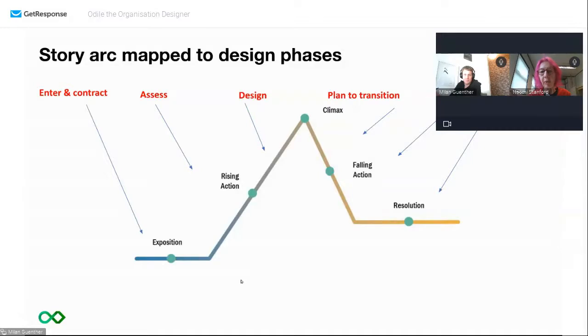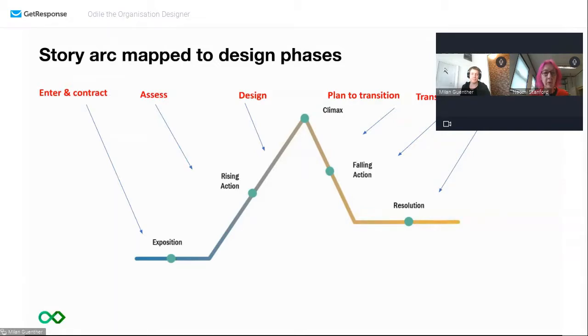And then the optimize phase, which is the final phase, is when you're tweaking the design to make sure it works, and then essentially starting again at the beginning because it's a continuous process. You start to think, again, this is not going to hold, we need to start again. So the whole thing should look more like a circle, but for the purposes of the story, we've presented it in a linear way. As I talk, I'm going to go through the phases of the design, which are at the top, and you'll see the storyline coming across through the bottom half.